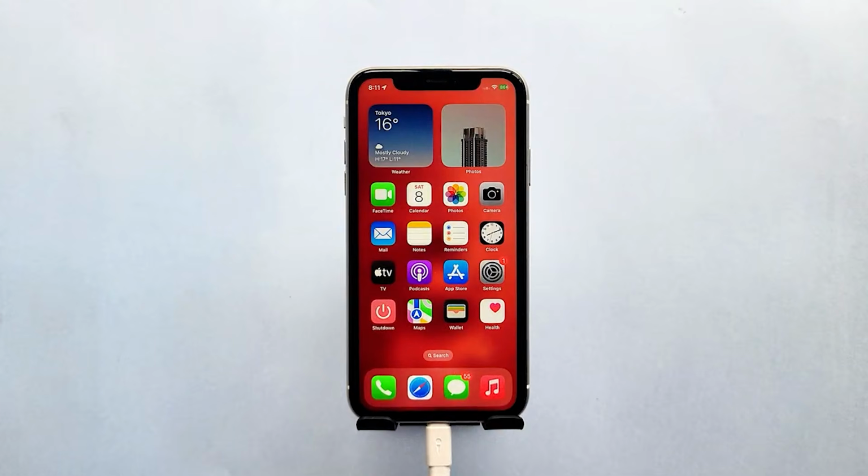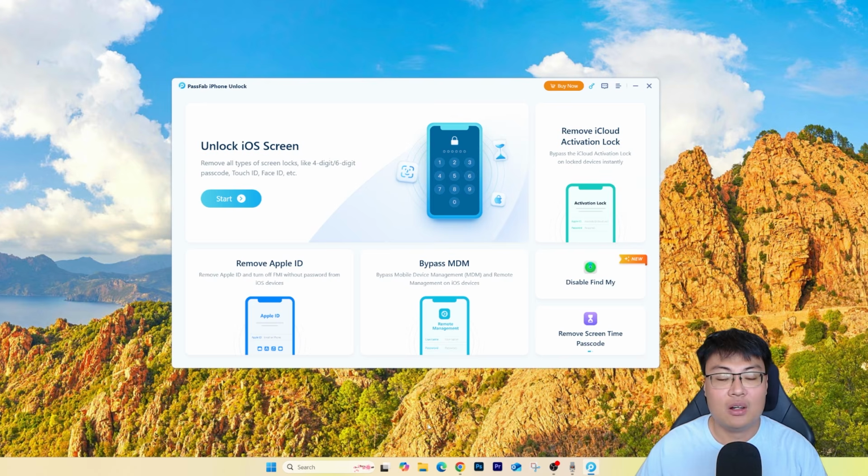As you guys can see from the demonstration, the whole thing is very simple, very straightforward. You don't have to be really tech savvy to do that. And the best part about this software is you can do it at the comfort of your own home rather than going to a third party